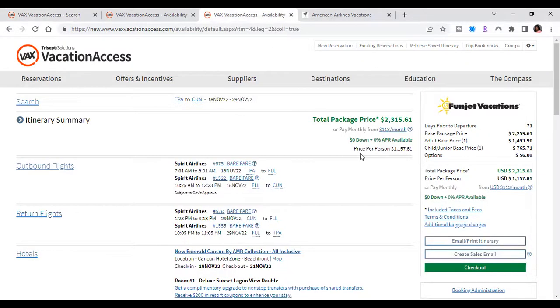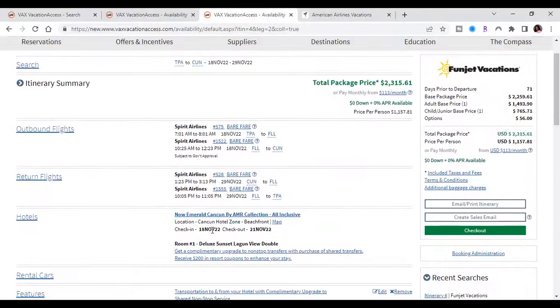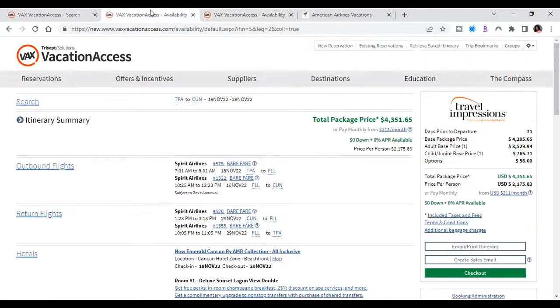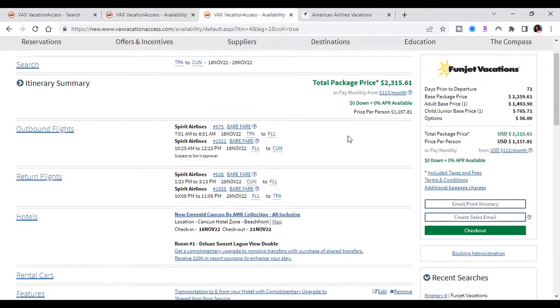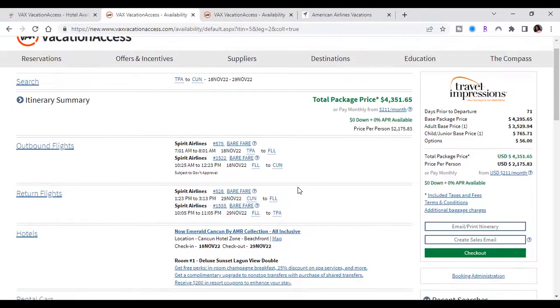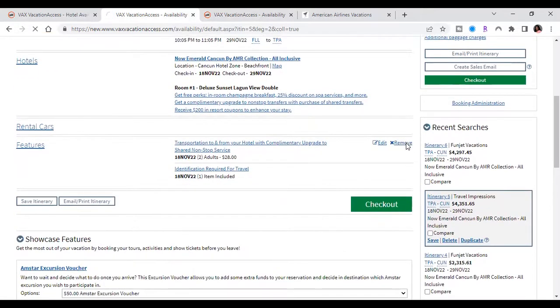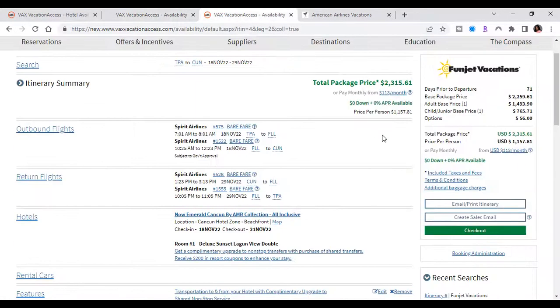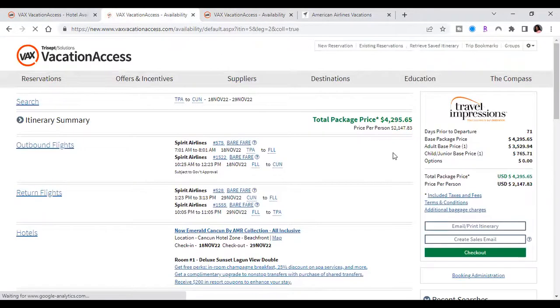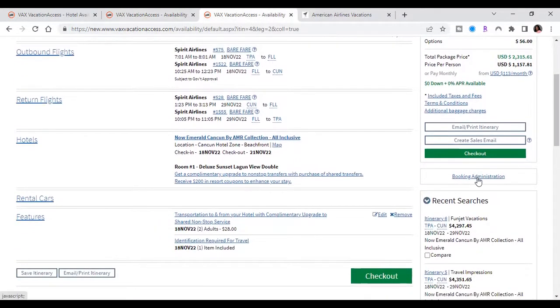Okay, so let's look at the pricing for FunJet. Same flight, same hotel. The price is, wow, it's like $2,000 cheaper over here. Okay, so the total is $23.15. Let's make sure of the number of people. Okay, so 1 adult, 1 child. I see it has options right here. Sometimes it adds in transportation. If you want to be fair, let's remove the transportation, but it's not going to change the price by much. So look, this is like $2,000 cheaper, you guys. Wow. $2,000 cheaper by using FunJet over